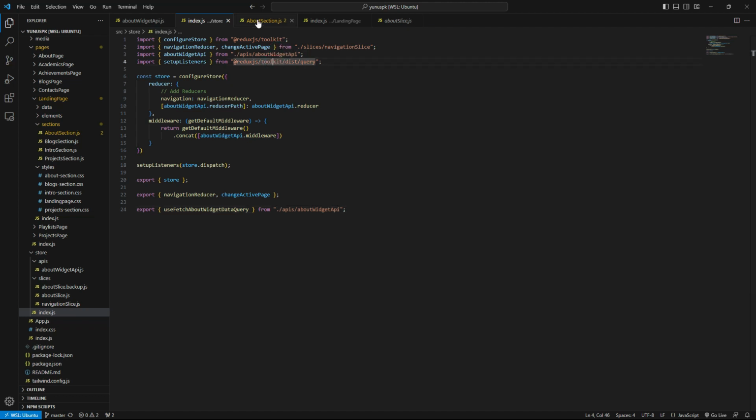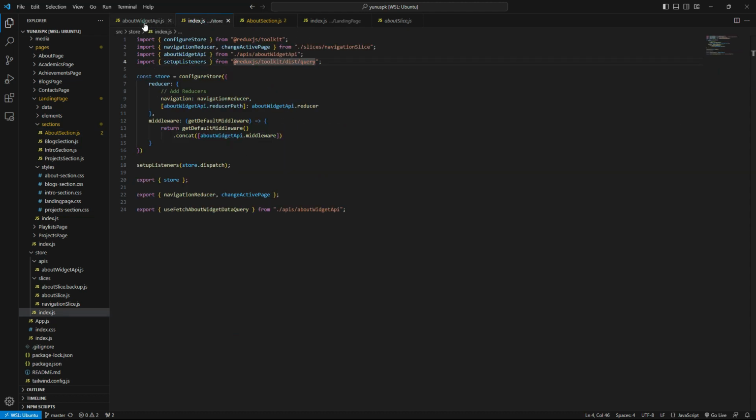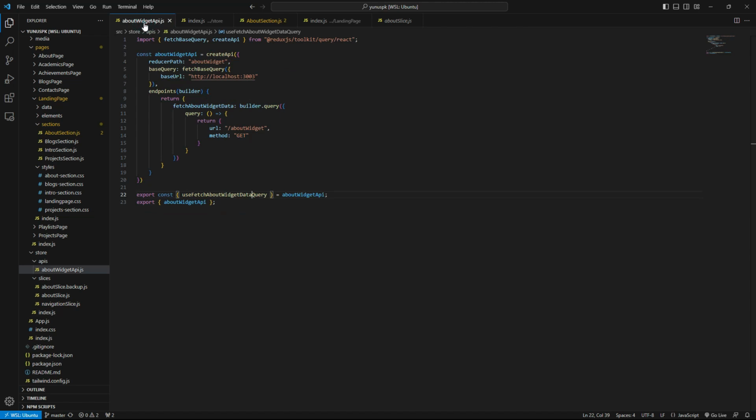And this is all the files that we are working on in the about section. At first we're creating this API, and the API we're creating is the about widget API. That's createApi, the reducerPath is aboutWidget, and the baseQuery is